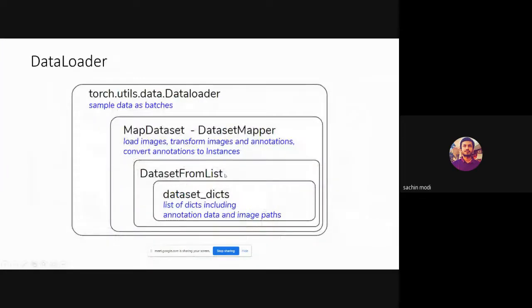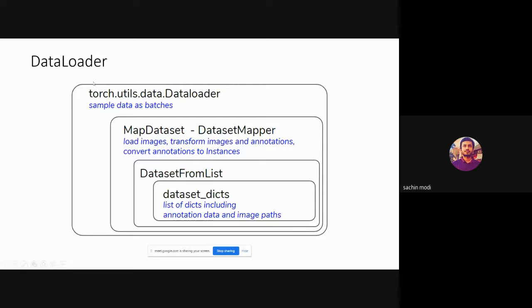This is sort of a wrapper which converts it into a torch data set. Then there's another function which loads the image from the path, does all the transformations, gets the images to the same size, and converts annotations to instances. Then it is ready to be fed to the data loader. Then the data loader creates batches and sends them for training.